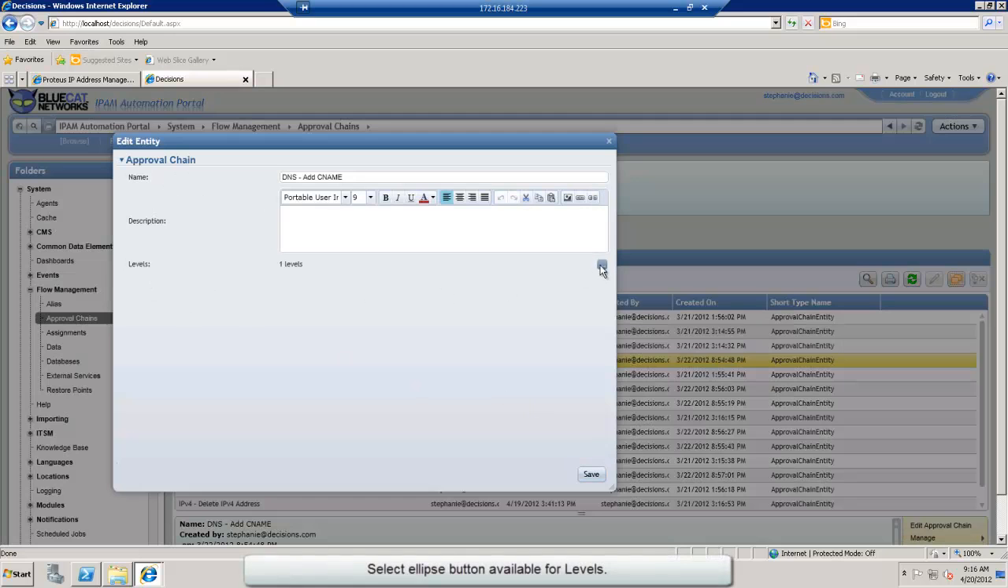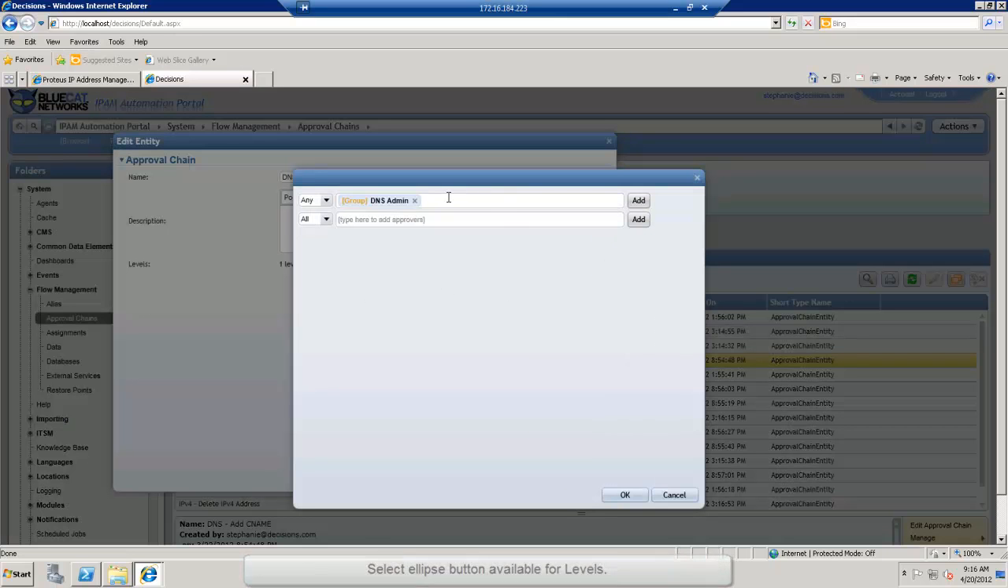Here under Levels is the ellipsis, and when you click on that you will see that there is one level currently configured, and it's to the DNS admin group. The DNS admin group is also loaded by default with the Proteus module. Here, just for the first level, we see on the left that it's marked as any. What this means is anyone within the DNS admin group can approve this request for the